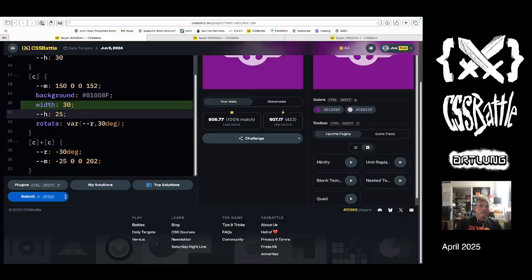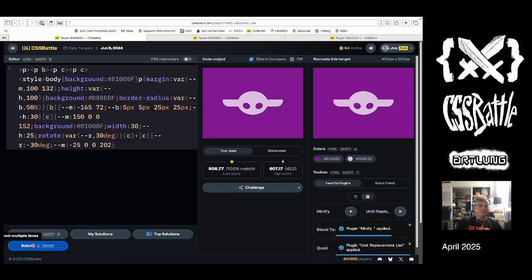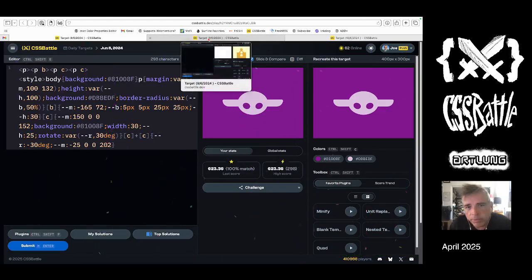And the rotate we've got, yeah, okay, so great. So let's minify and unit replace. And that is this complete solution to that one. Very happy with that. That was one that I was dreading to do, and I'm very happy that it was more straightforward. Now, with all that I've learned about how to logic through a CSS battle,